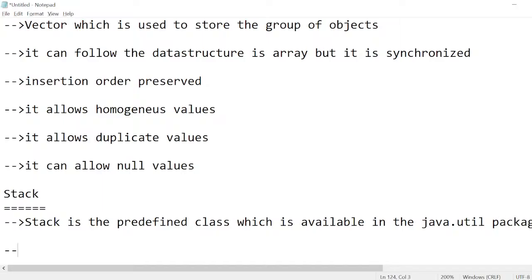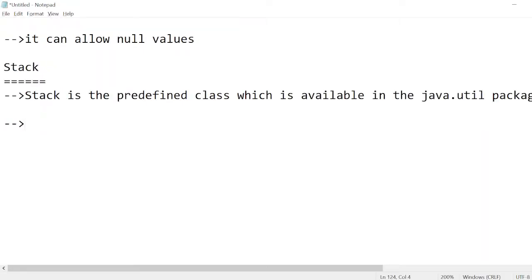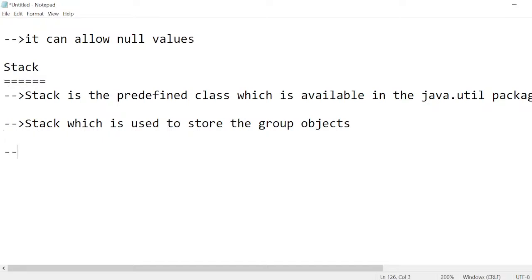Next point, it is used to store a group of objects. Next point is the data structure: stack follows the data structure